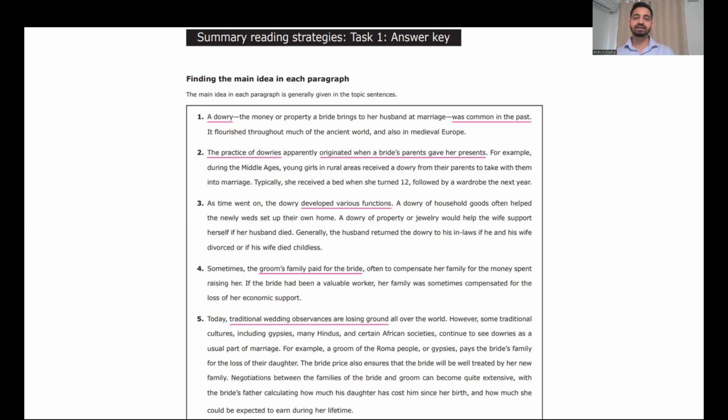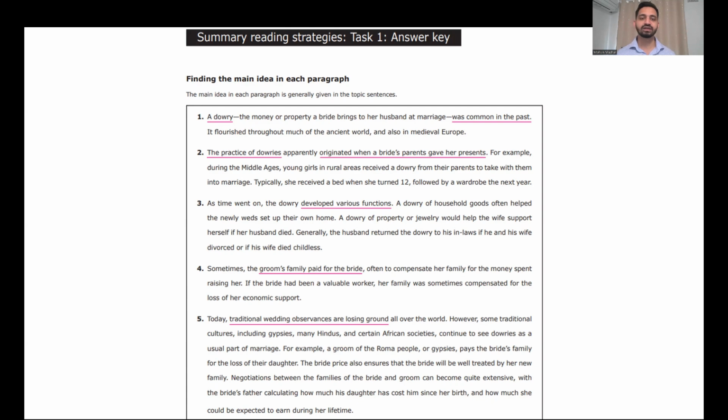Okay, so the main idea is the dowry was common in the past, right? And there's a description here. You don't want to include the description because the main idea here is that a dowry was common in the past. The practice of dowry, so reading number 2, the practice of dowry apparently originated when a bride's parents gave